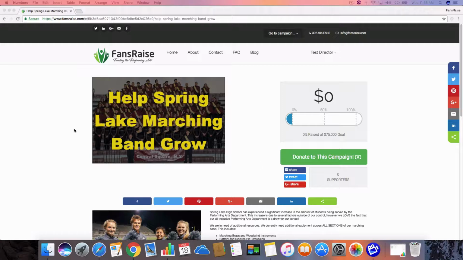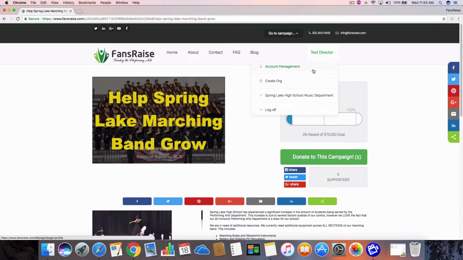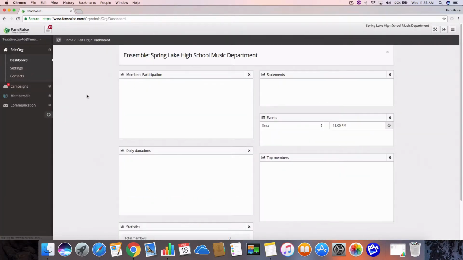So for that reason, we've created an added dimension to this that GoFundMe and CrowdRise and some of the other household name crowdfunding sites do not offer. And that is the ability to actually line your ensemble up to be hands-on participants in this. So if we go back into your organization and you come over here to membership,